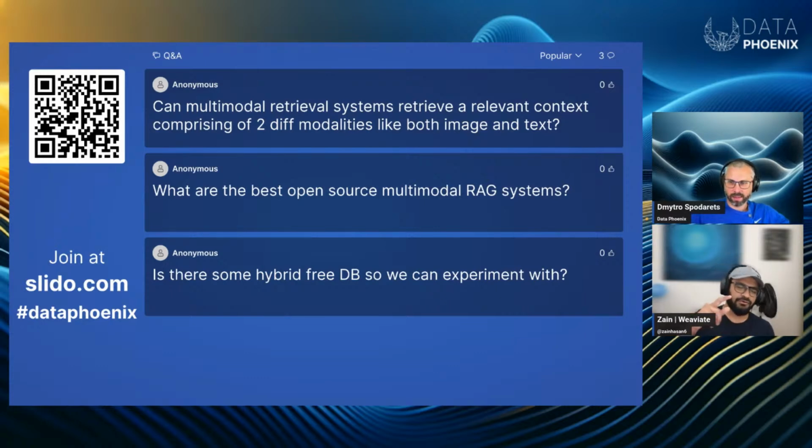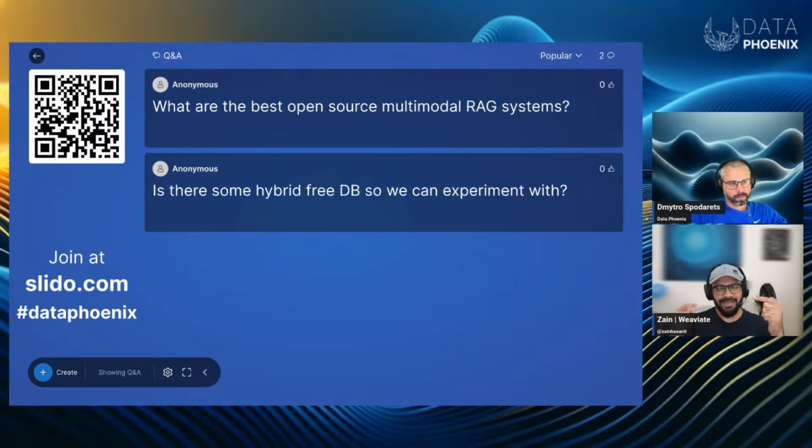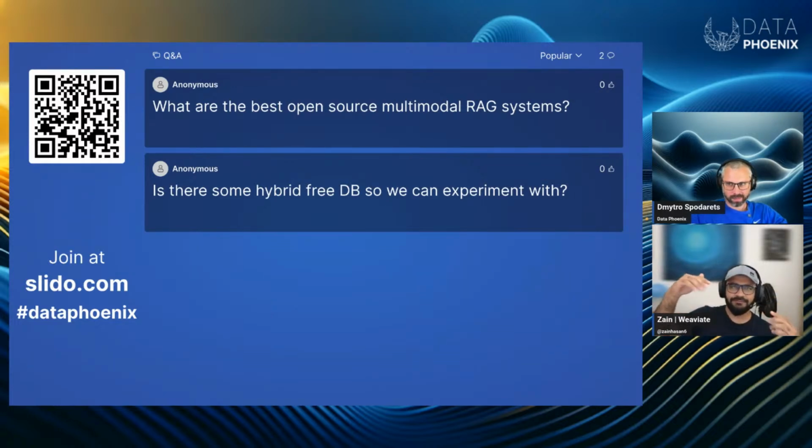Yeah, so let me interpret this question in two ways. One way you can interpret it is, if I pass in one text, can I get back text and image? The answer is yes. If the most relevant thing is another text object and another image object, it can retrieve that for you. Another way to interpret this is, if you pass in